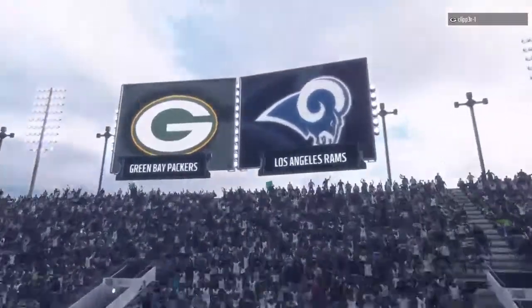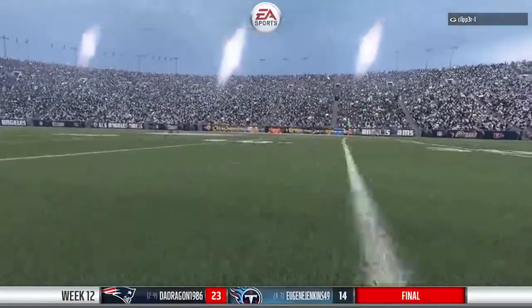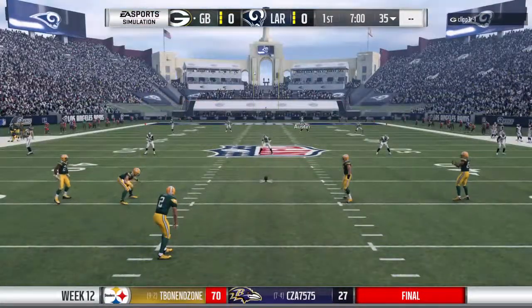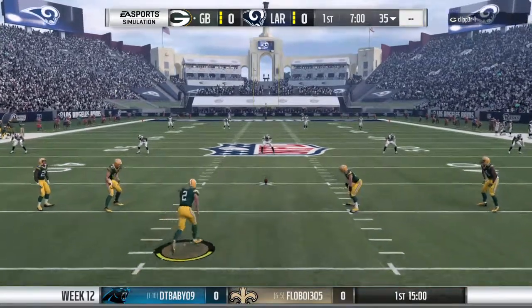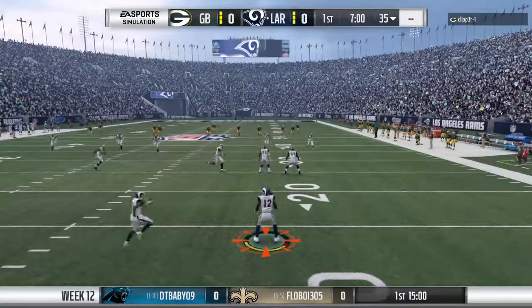Win. It's the Rams coming in at 4-6, going up against the Packers, who come in at 4-6. All right, Larry, EA Sports coverage of the National Football League is on the air. The scene a few moments ago, here it is. It's unlike any other in sport as both teams made their way out of the tunnel. These folks are fired up as their guys are ready to do battle between the Green Bay Packers and the